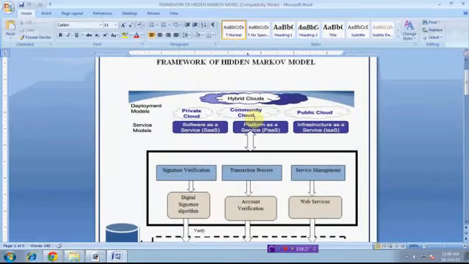This is our hybrid cloud. Cloud computing contains three types of services. One is software as a service, another is platform as a service, and finally infrastructure as a service. Those are the service models. So in our hidden Markov model,